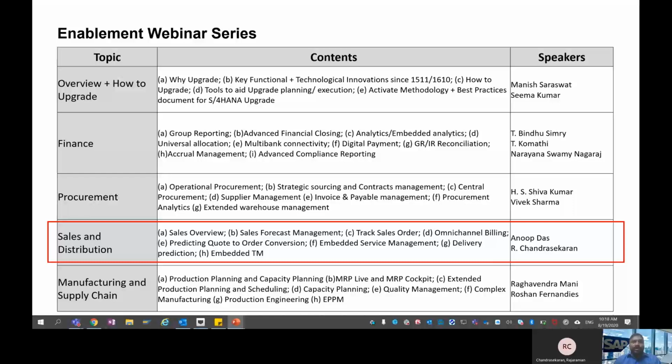As you know, in this webinar series, we have tried to cover key innovations in the areas including finance, procurement, sales and distribution, and manufacturing. This session will be focusing on LOB sales.